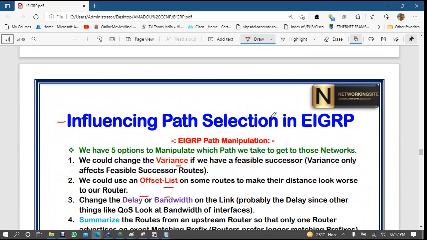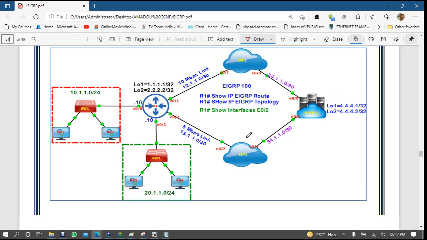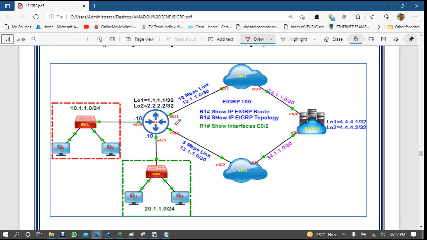Influencing path selection means, default path selection will be load balancing, but maybe I will say that my company network will follow ISP1, and this network will follow this path. You can do this with manipulation of EIGRP.